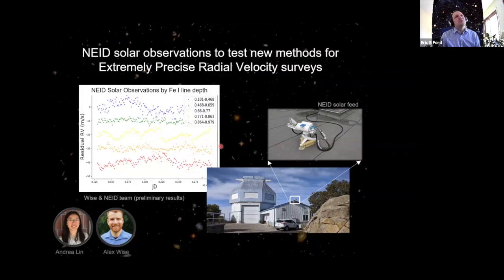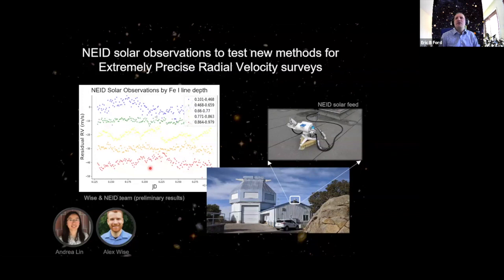And so we're exploring things like how we can measure differences in the velocity for lines of different depths and different colors, and try to use that. NEID has a particularly large wavelength coverage, and so we want to use that to give us extra information about activity, showing a difference from the red to the blue of the spectrum. So this is work that's still in progress. That's what I'm working on now. So hopefully we'll make some good progress there.